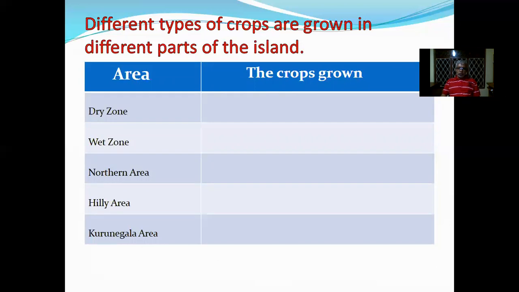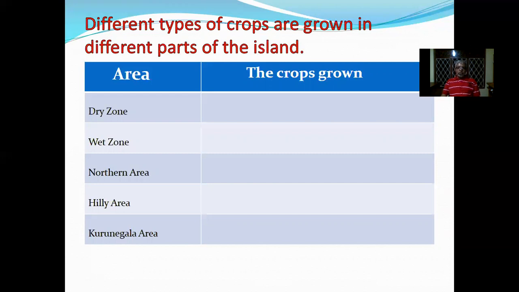What are the crops grown in the dry zone? What are the crops grown or cultivated in the wet zone? What are the crops grown in the northern region in the Jaffna area? What are the crops grown in the hill country or hilly area? What are the crops grown in the Kurunegala area? Like that, you can complete this table